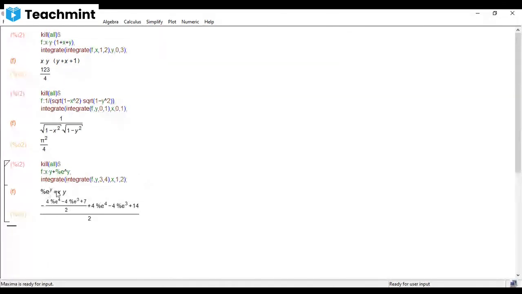The equation is correct. The function is right. But the answer which we got was e to the power of 4 minus e to the power of 3 divided by, plus some 21 by 2 or something, isn't it? But that is not the answer which we got here. This is not a simplified answer, so I'll do a rational simplification. Rat simp of percentage.